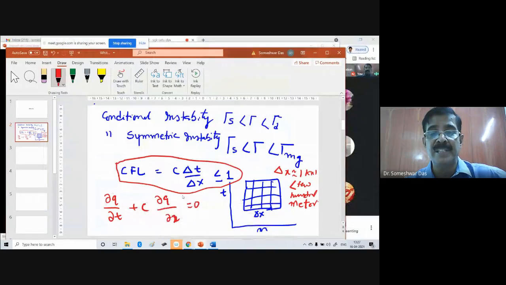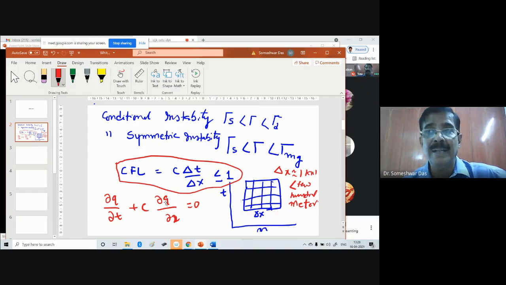And in this kind of equation, there is a solution of the atmospheric waves of interest like Rossby waves, but it also contains the solution of the gravity waves and the sound waves and many other waves. And for the large scale motion, for example, we don't require the sound waves and the gravity waves. For a small scale motion, of course, gravity waves are important, not for the large scale motion. So if we do not fulfill the CFL criteria, then first of all, our solution will be unstable.